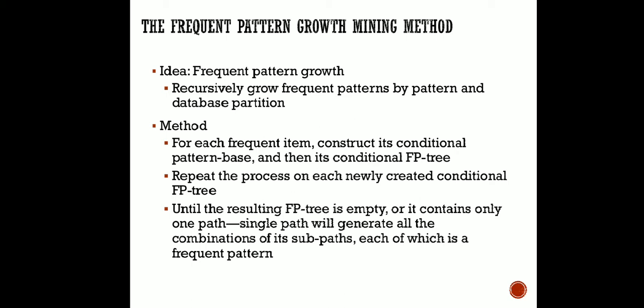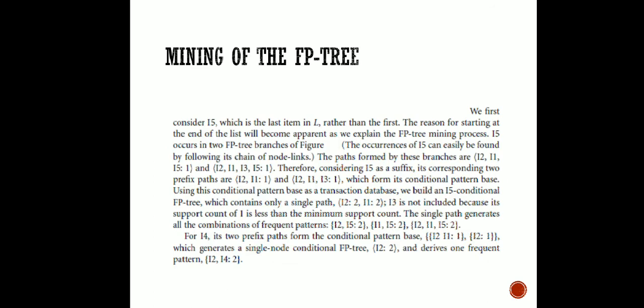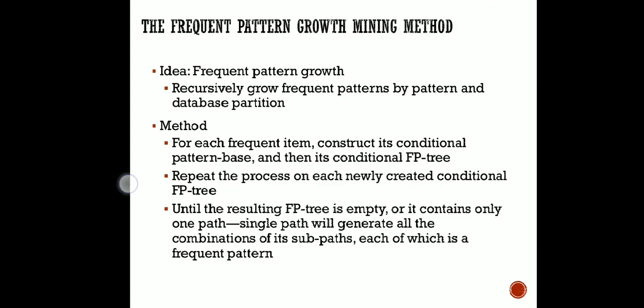But rather than sticking to this definition, I think the process will be clear if we just cite an example. So here I have explained the process which we are going to follow in generating this pattern. You will see the total worked-out example in the next slides. So here, if you remember the total tree that we have grown, we are going to start with I5 now, which is the last item. So why we are starting with it, as we proceed with the lecture, the concept will be clear. So let us revisit the tree again.